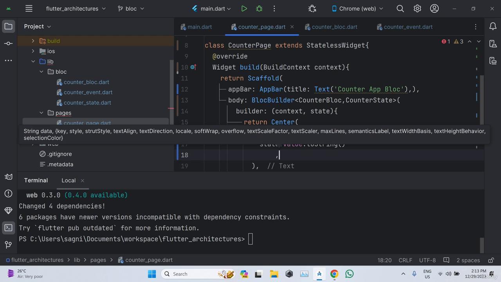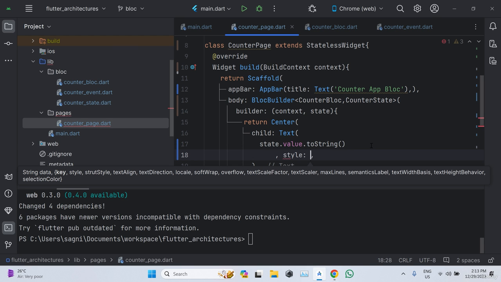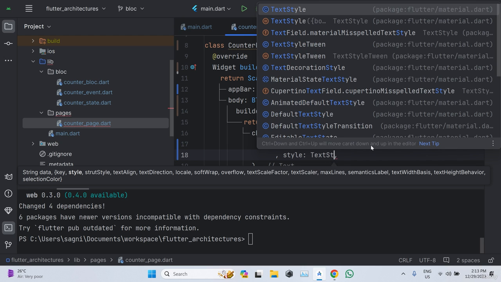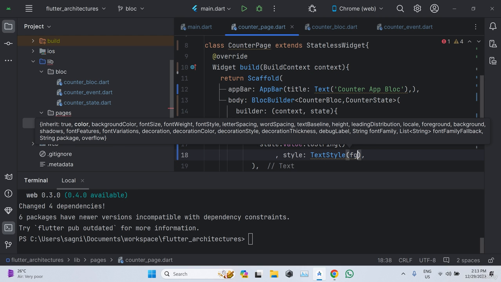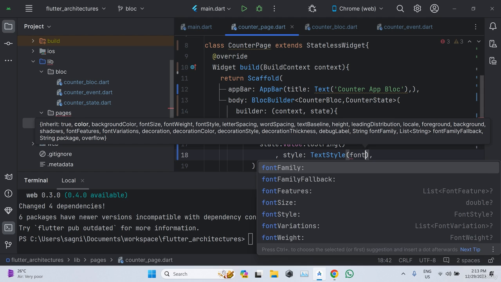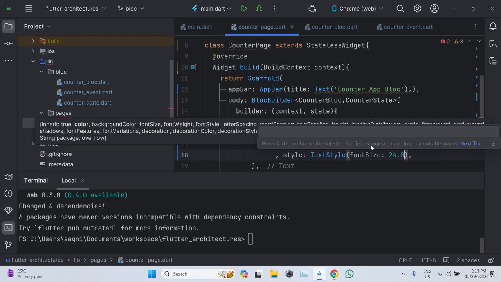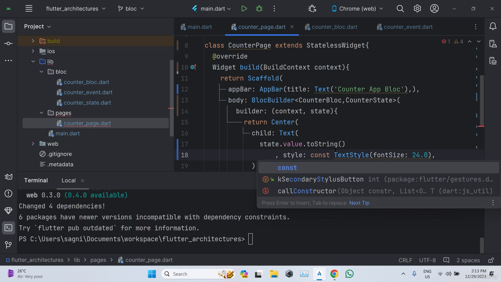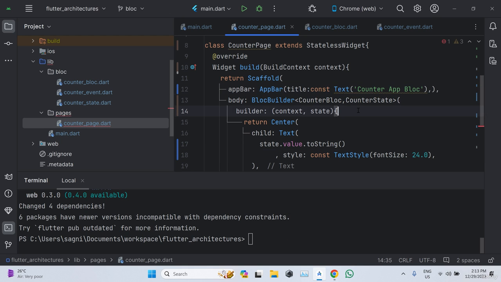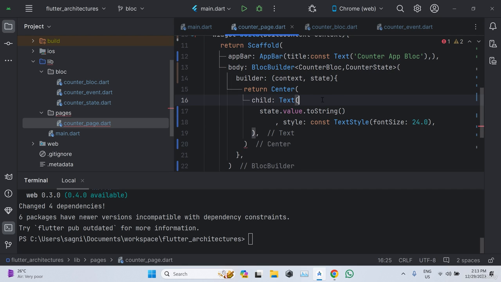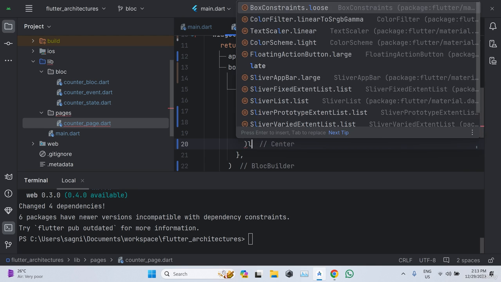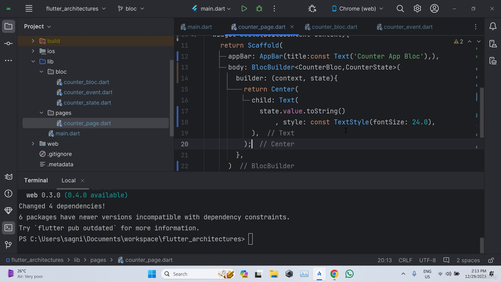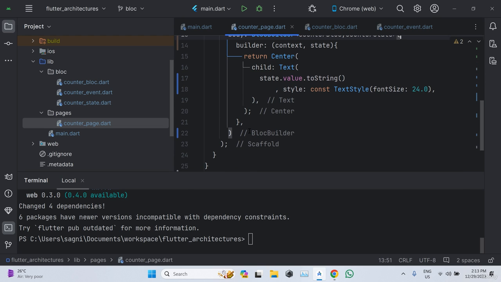Now if you want to add some style, you can add it as well. Text style. Let me just increase the font size to 24, so that it's clear. Let's add some const, so that the text part is done. Yeah, so let's put a semicolon here. No, yeah, and this block also ends here,